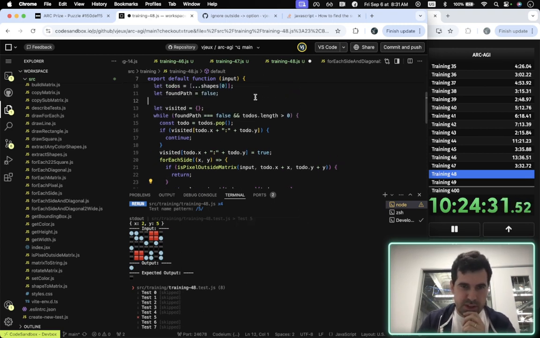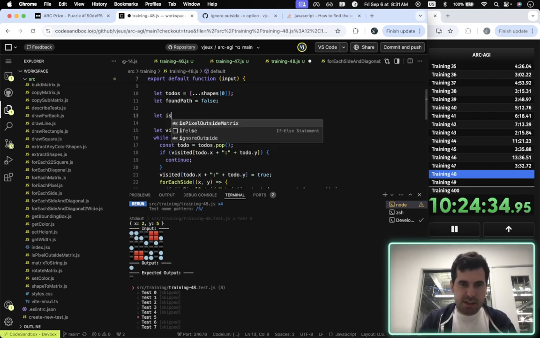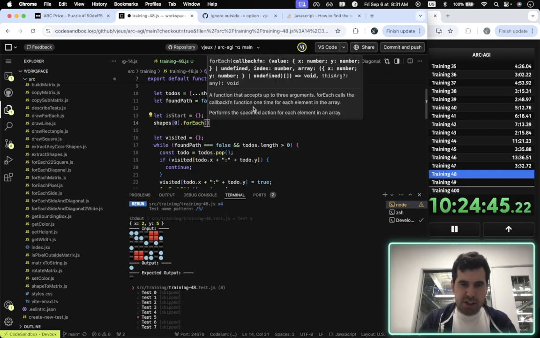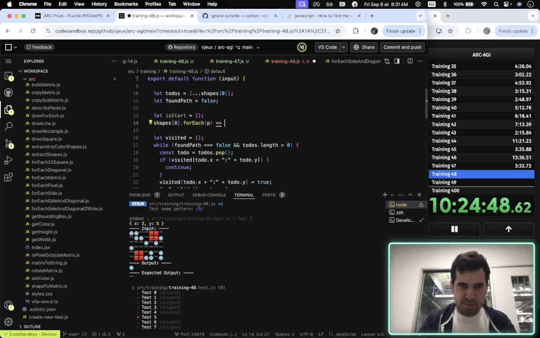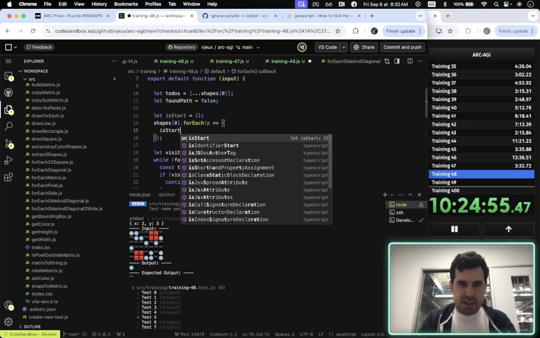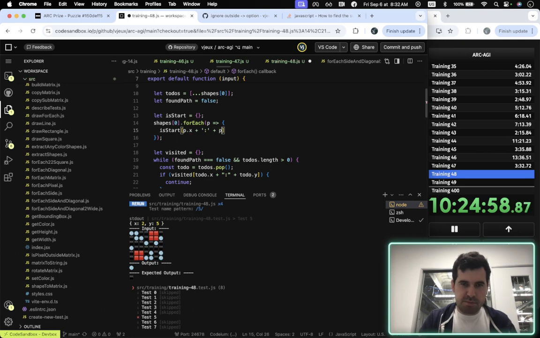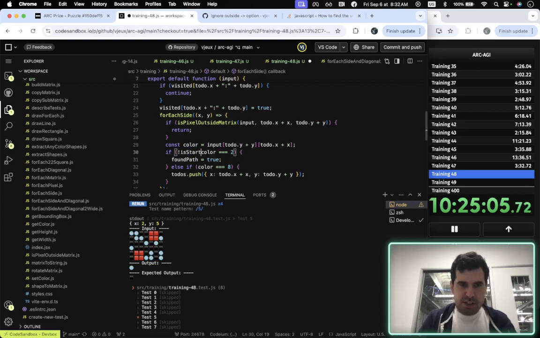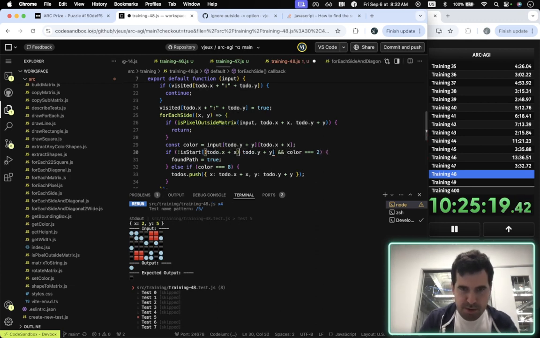Okay, so I can do let is start equals this, so shapes.0 dot for each pixel, and so what we can do is start p.x plus p.y equals to true, and so we want not is start of to do, and so this is going to be up plus